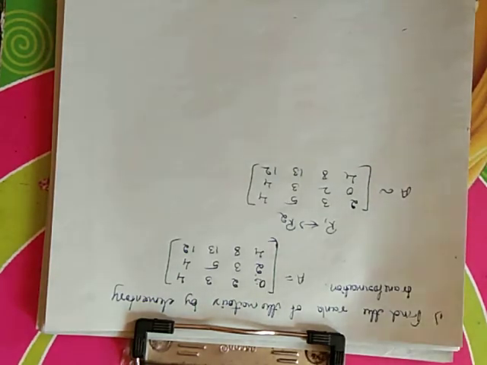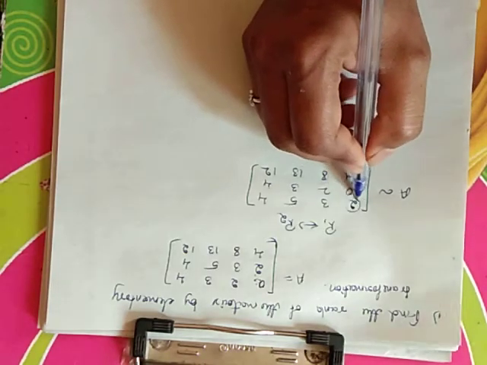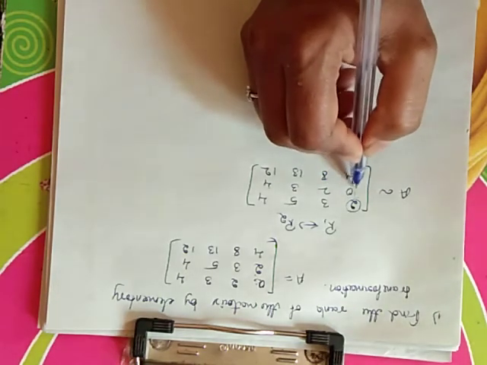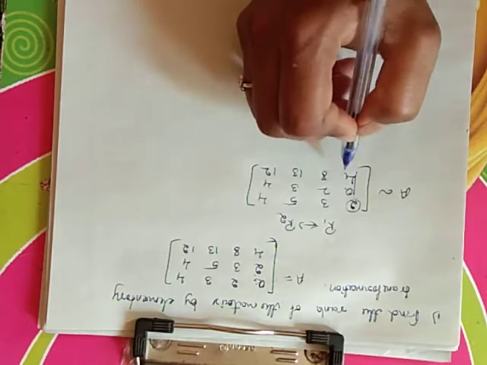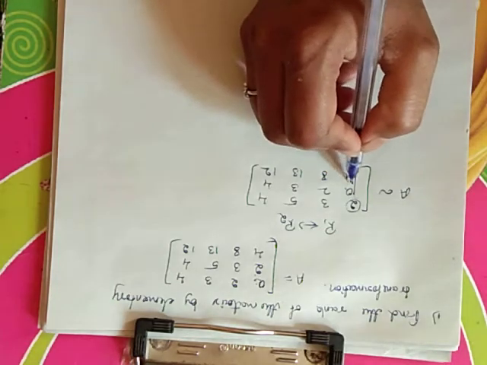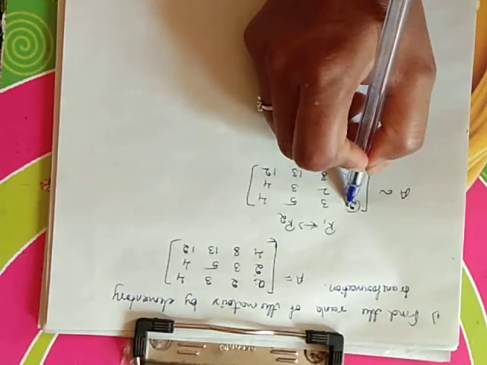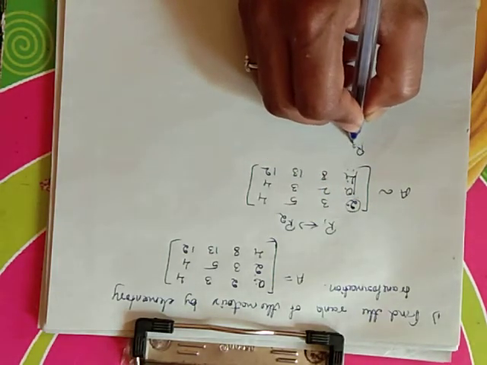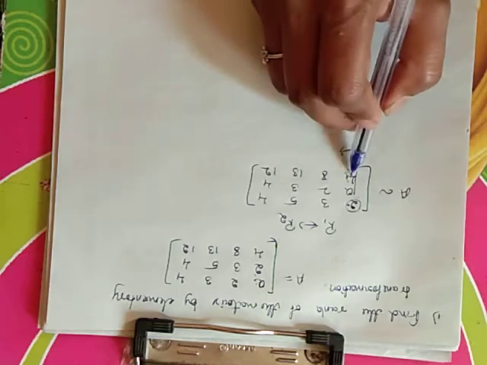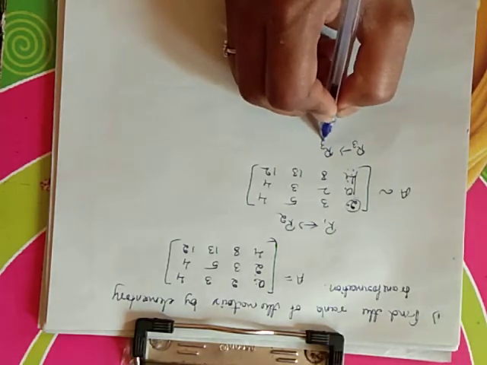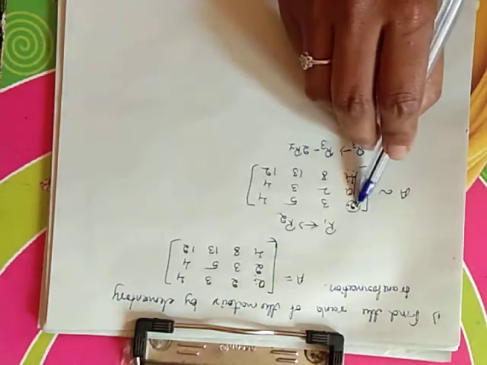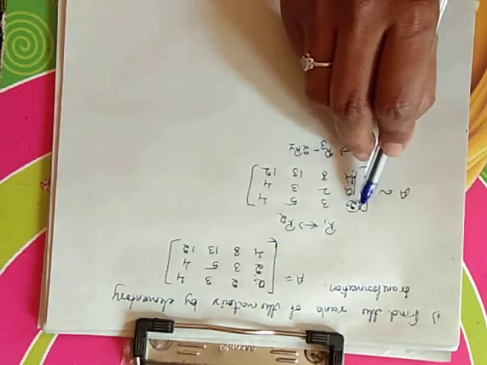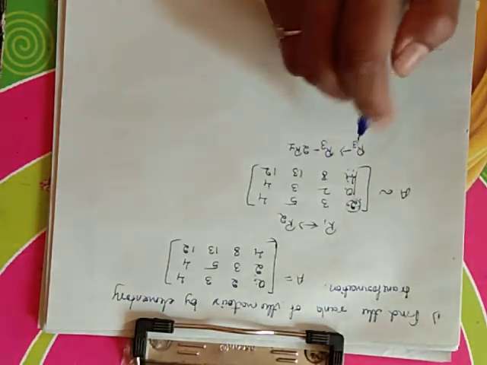Now the next step is, using the first term of the first row, make the elements below it in that column 0. Here the second row's first element is already 0. Now the third row's first element has to be converted to 0 using this element. So I am taking a transformation on R3: R3 minus 2 into R1, because if you multiply by 2, 2 becomes 4, and 4 minus 4 becomes 0.